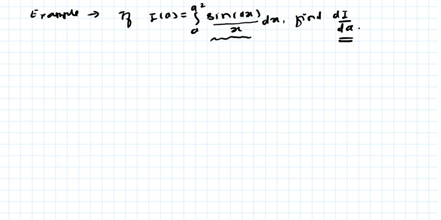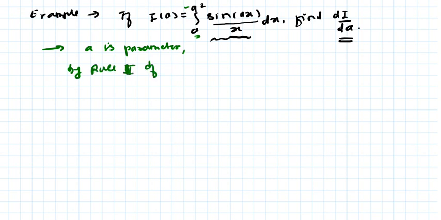So if you observe here, a is the parameter. And again if you observe, the lower limit is a and the upper limit is a square, means lower and upper limits are functions of parameter. So we will use rule number 2 for DUIS. So what says rule number 2? By rule number 2 of DUIS, we can take the differentiation to the left side, means differentiate the left side with respect to the parameter.